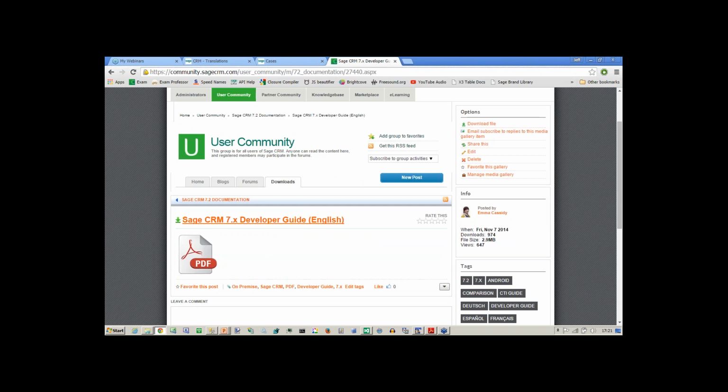In my case it's download again, because I've got quite a few versions of this downloaded now. If I download this and open it up, what we'll see is that there's a section in here where it goes through the different properties of the